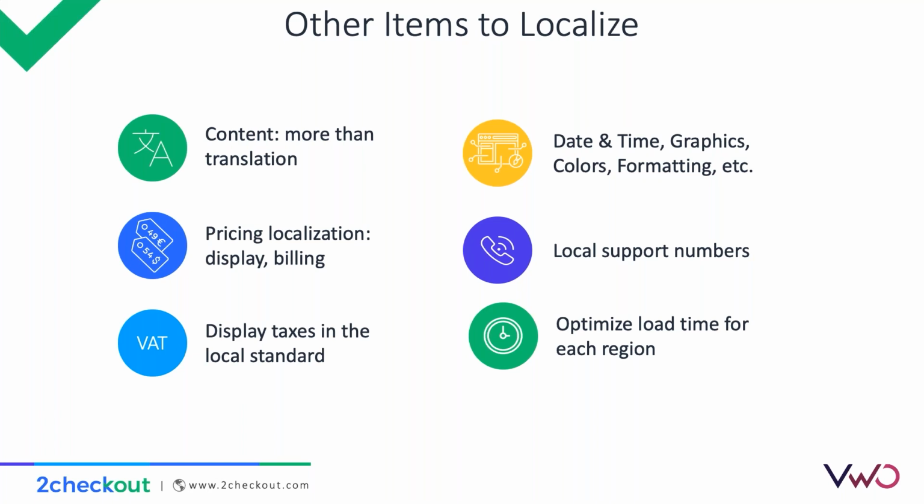Next, you should make sure that you display taxes in the locally preferred method. In the US, everyone is accustomed to seeing taxes separate from the total price, usually below the total price. But in the EU, however, you should include them in the price. We are accustomed to seeing the total price include the taxes. And additionally, we also call taxes VAT. So you might want to play with that and make sure that you use the specified term in each country.